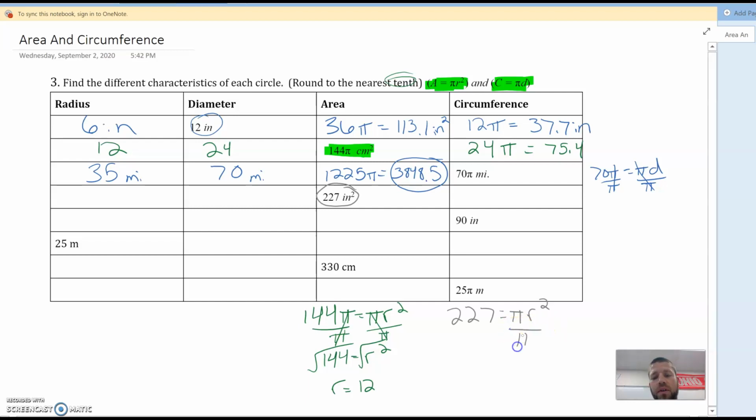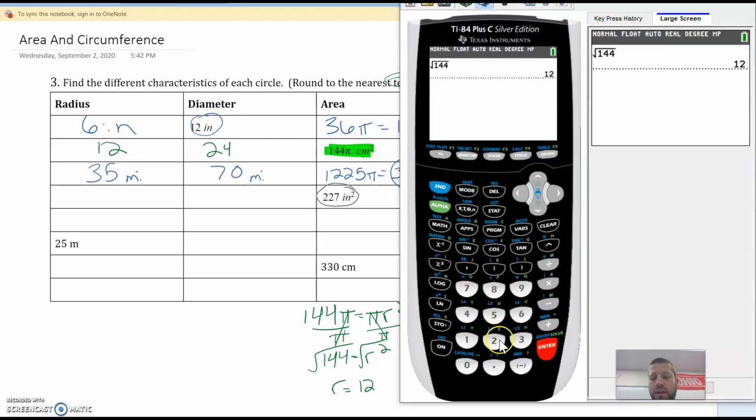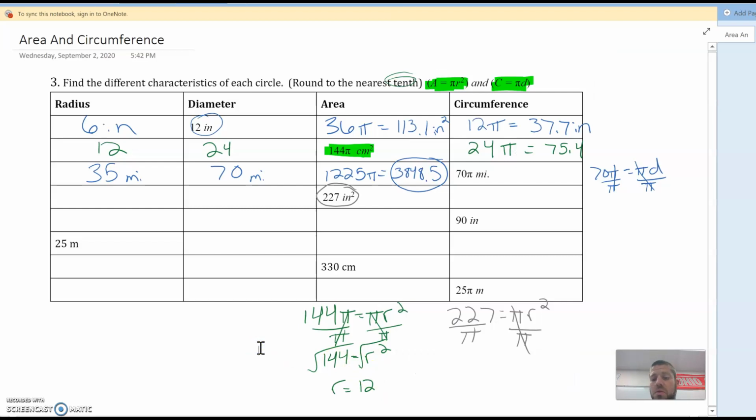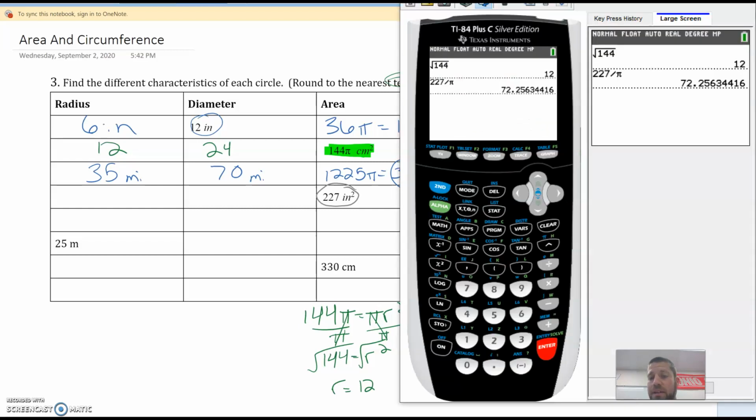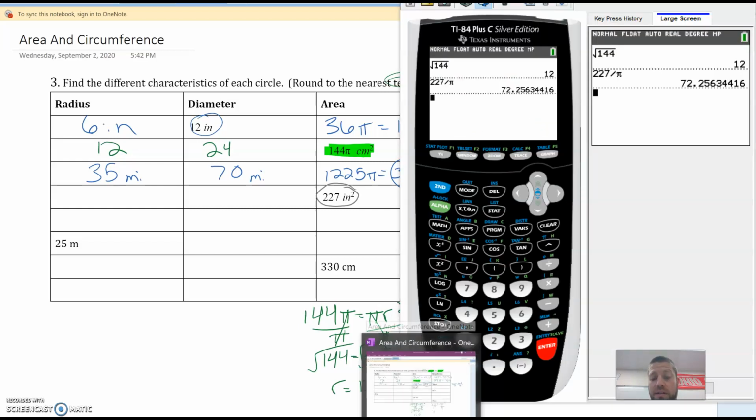So if I divide by pi, I can take the 227, divide it by pi. That will give me a number. I am not going to round this number. I'm just going to keep that in my calculator. So it'd be like 72 point something. You can write it down, but keep it in there. So it'd be 72.3